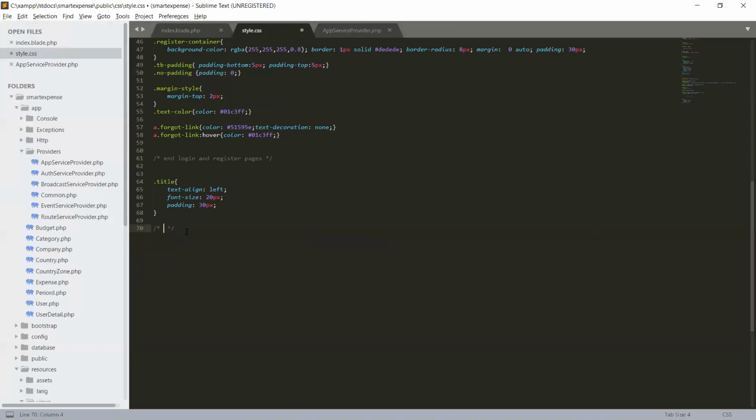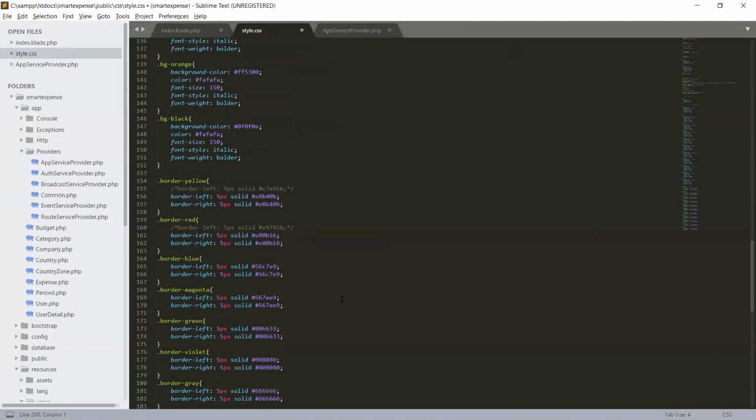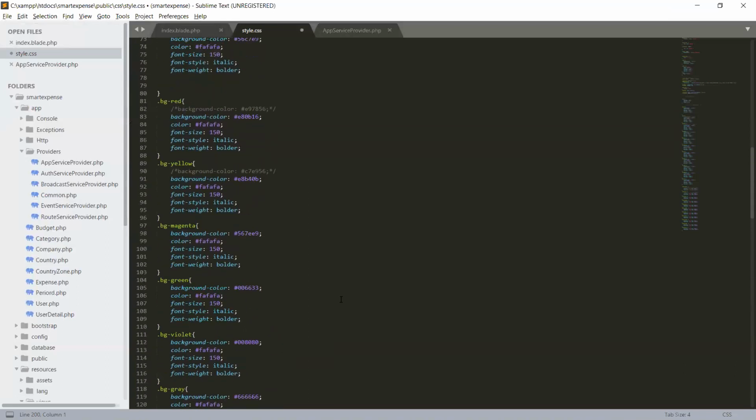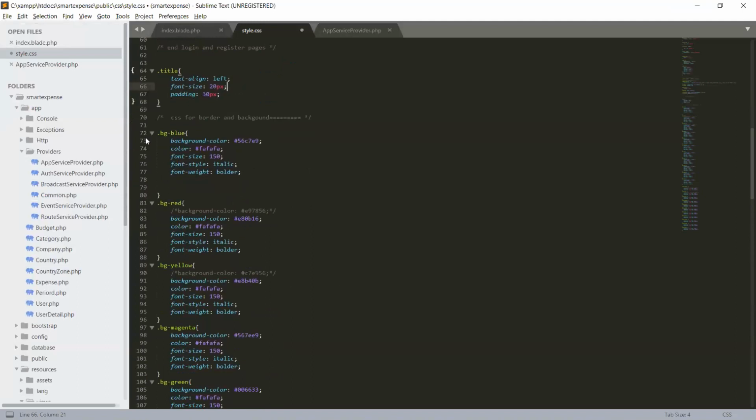So make a comment: CSS for border and background. Okay, so here is the CSS for that. Let me explain it. We will have a class in our anchor tag.